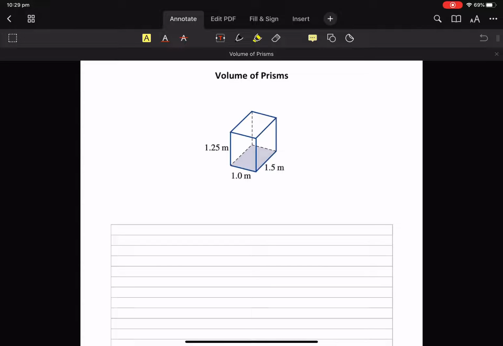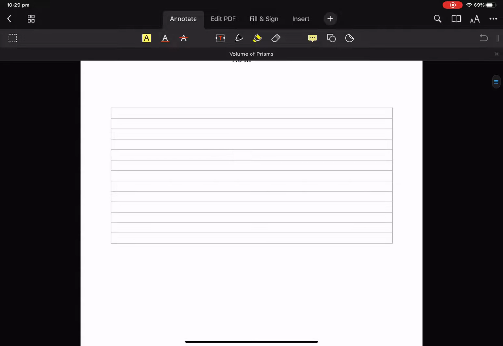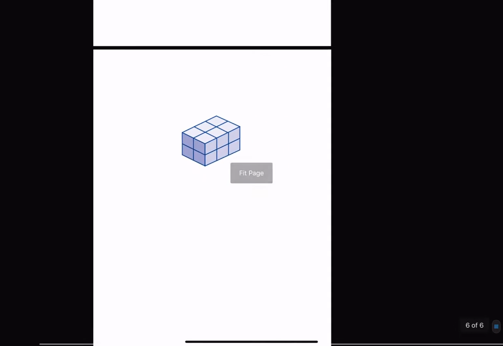Okay, volume, specifically volume of prisms. So that's a rectangular based prism. Before we get that, let's just go all the way back to grade 7 just to make sure we're on the same page. Volume is a three-dimensional space. How many little 1 cubic centimetre blocks can you fit in a rectangular